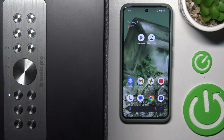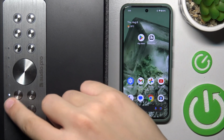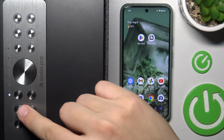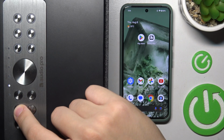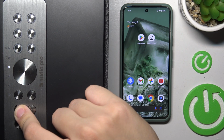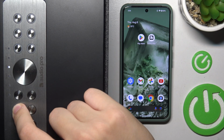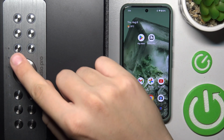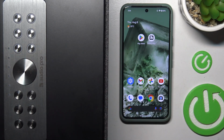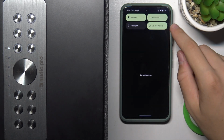At first we have to go to Bluetooth from this to this with our source button. We have to click 6 times. Now, as you can see, our light is pulsing, so that is our sign to go to our control panel,